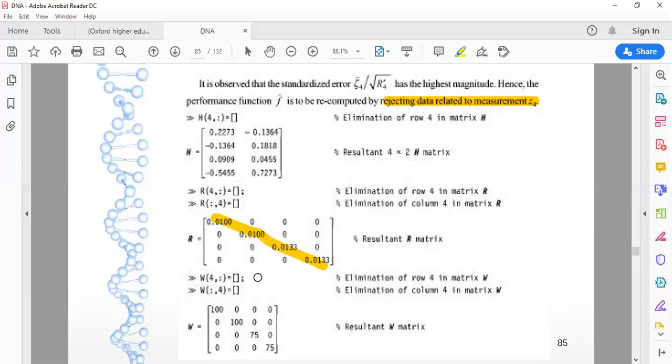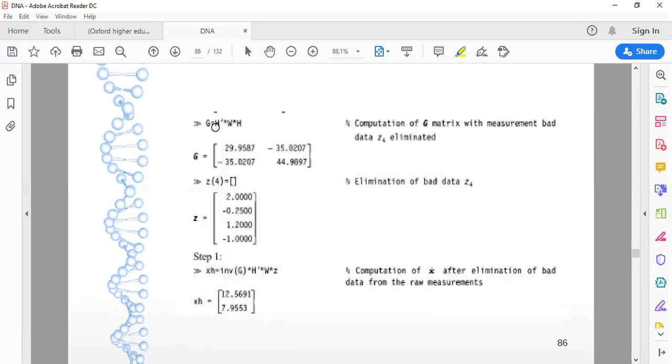So R can be easily computed. The weighting matrix will be nothing but the diagonal elements, and the values of the weighting matrix are already given. The first two are 100%, and the rest are 75%. So we need to substitute the values in the diagonal components, and we can easily form the weighting matrix. The diagonal components of the weighting matrix are the first two 100, and the third and fifth, we are skipping the fourth one. Hence it should be a 4 cross 4 matrix, where the first two diagonal components are 100 and the second two are 75 and 75 each.